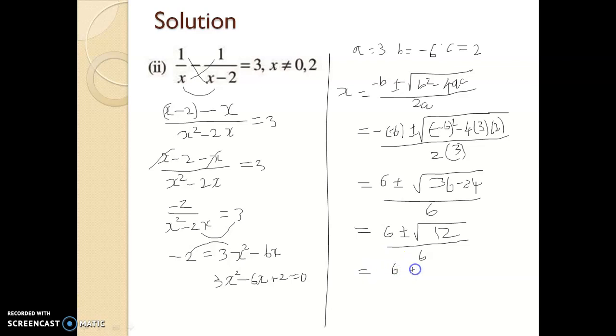So equal to 6 plus or minus root of 12. 12 is not a square number, but it is possible to factorize with a square number, that is 4 3s are 12. So 4 is a square number, that's why. So 4 3s are 12 and whole divided by 6. So equal to 6 plus or minus, if you take the square root of 4 it will become 2, and take it out of the square root, and inside the square root 3 only there now. So 3 divided by 6.